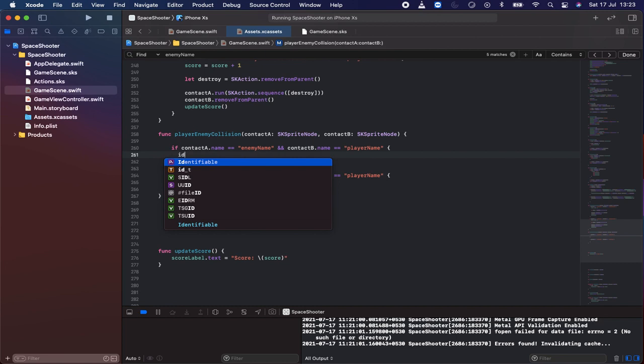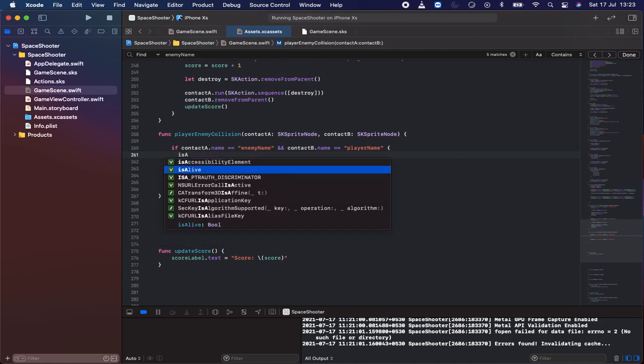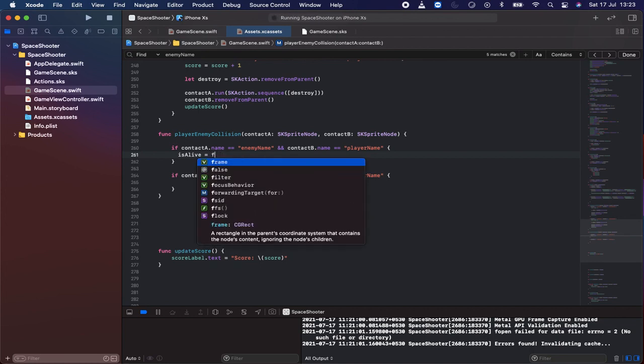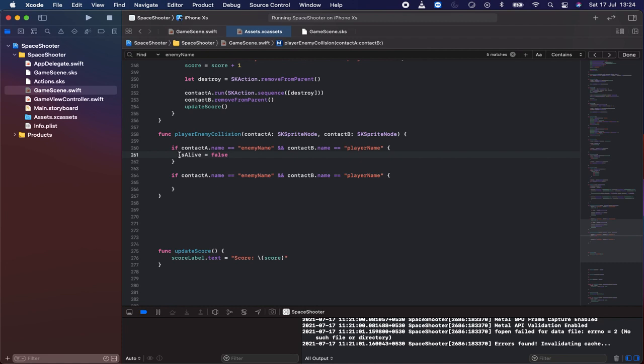What should happen here is I'm making isAlive false, because I want to know that the game is over. In order to do that, it's a bool, a bool that says whether the game is over. So isAlive I set as false, but when we start the game in the initial stage, isAlive will be true. Then I'm going to write a game over logic, to be honest. So func gameOverLogic,